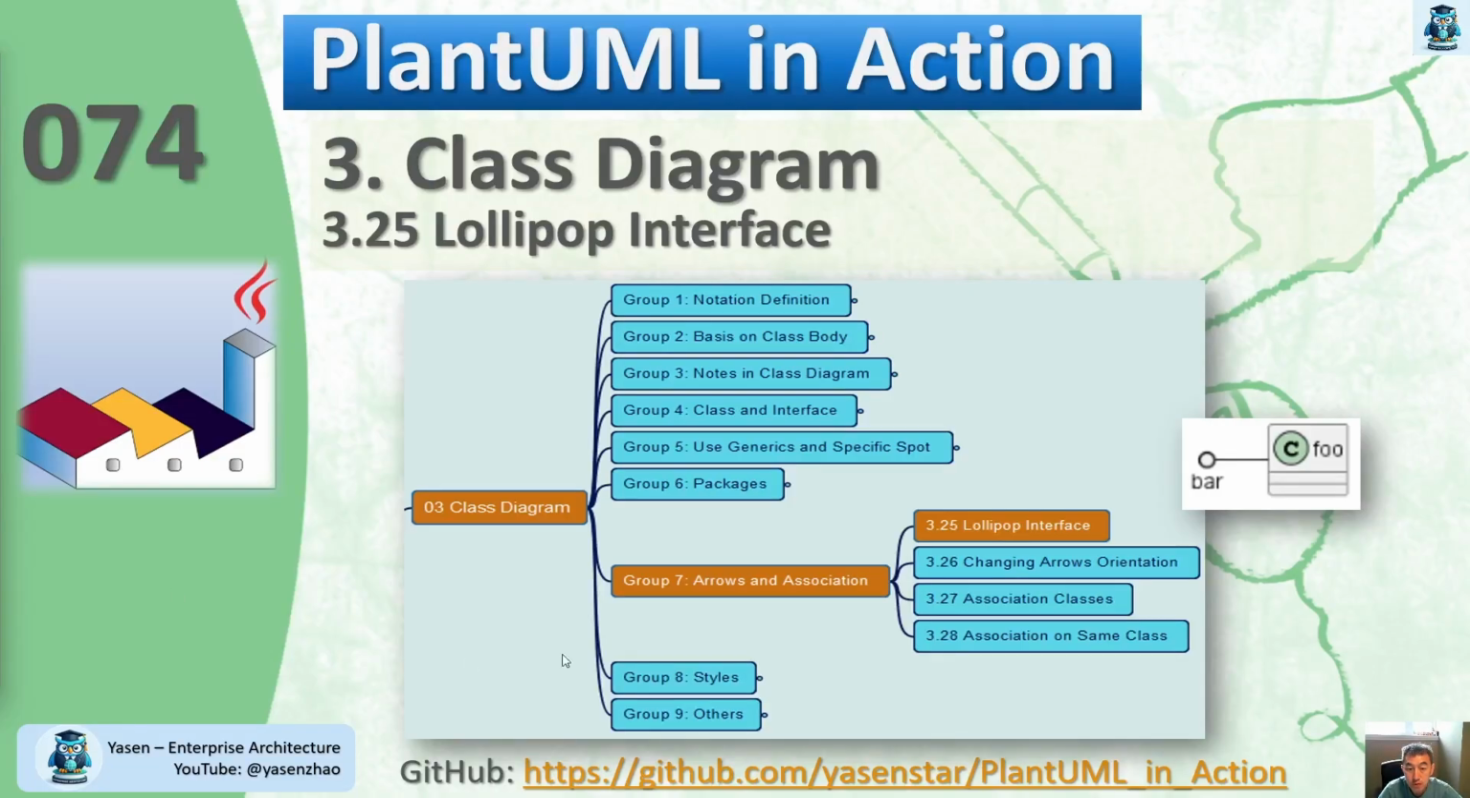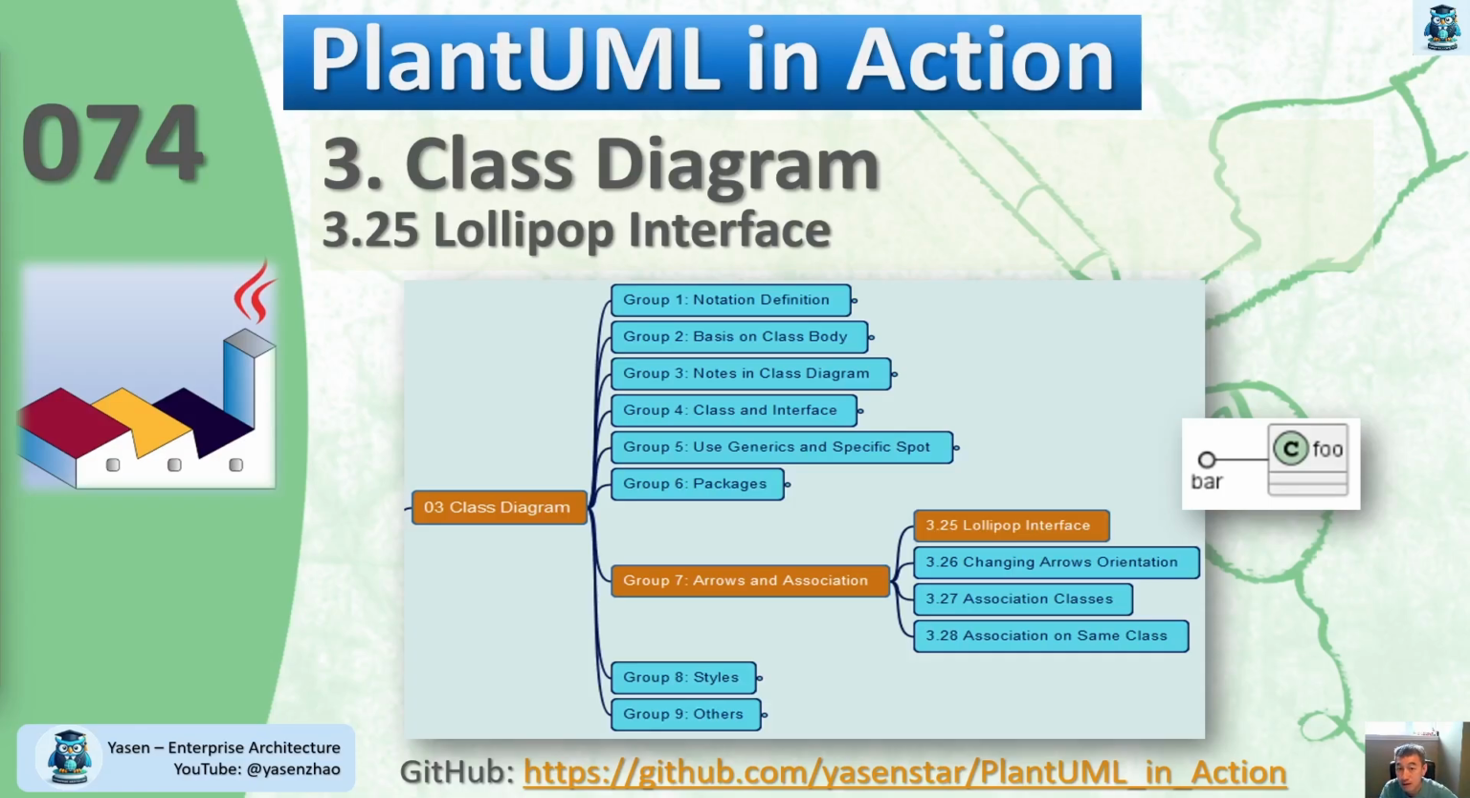Video, we move to group 7, which talks about the arrows and association. But the first one is not exactly related to arrows, but it's kind of a special link, which we call the Lollipop interface. That is popped up when we try to describe more precisely the interface or the integration between the classes,